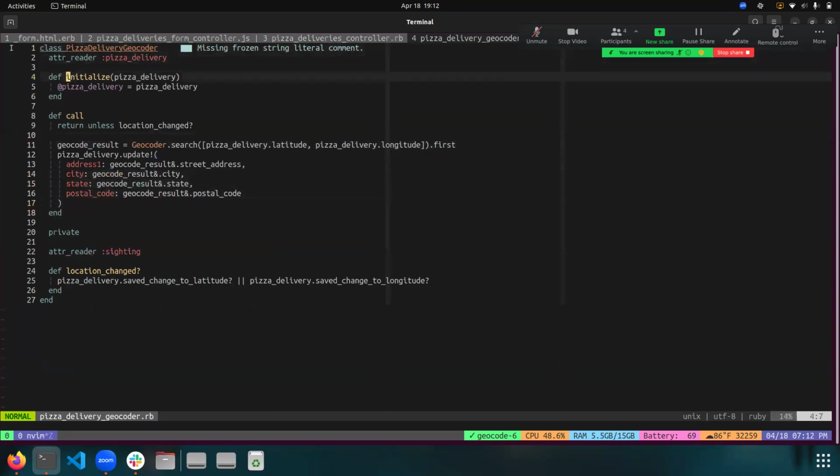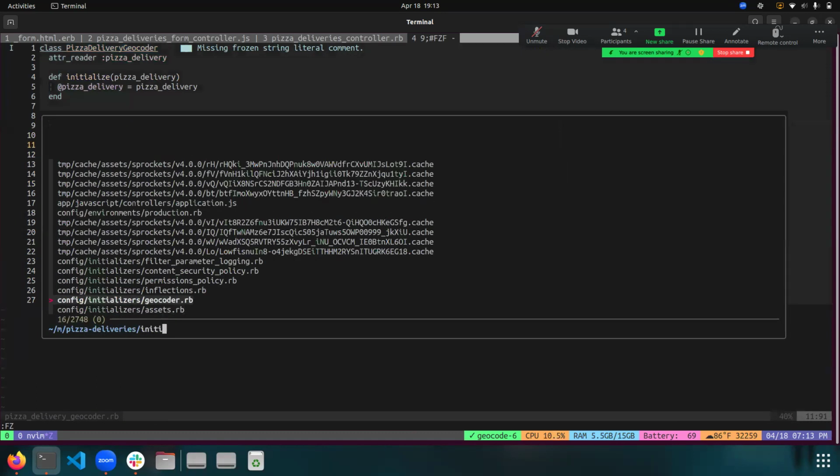So we take the pizza delivery object and use this geocoder library. This is an external library that allows us to search. You just give it the latitude and longitude, and here we're just taking the first result off of it. Now, this is an API wrapper around Google Maps, so to kind of shed some light on how this works,